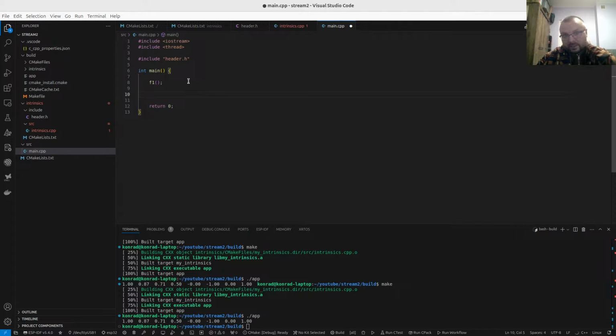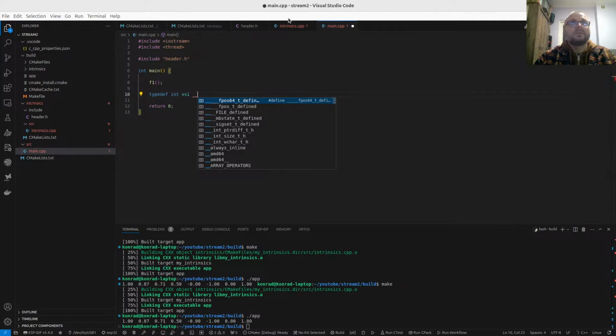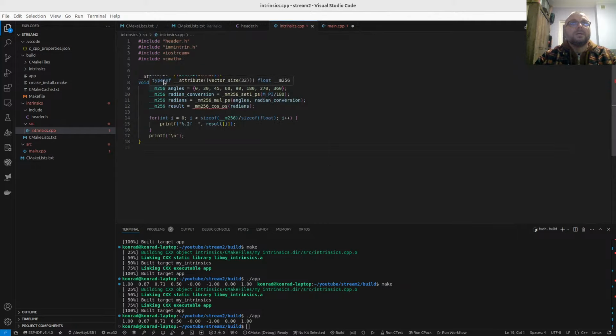So you can define the vectorized array with the construct from simple is from C. So type def, you define your new type, and you say it contains int, so vsi, this is the name, and you need to provide similar thing as it was there. So I will just copy,